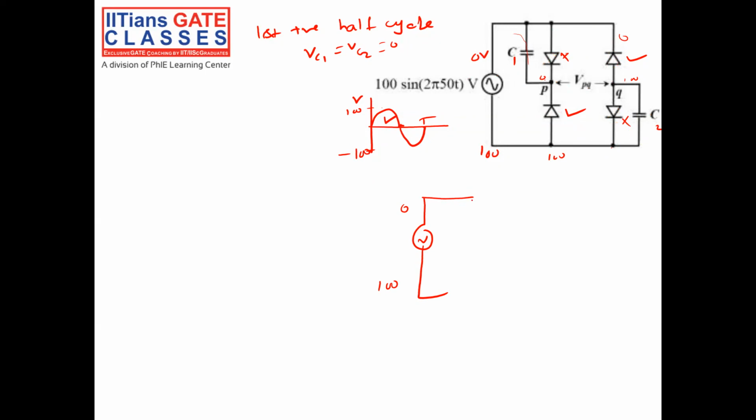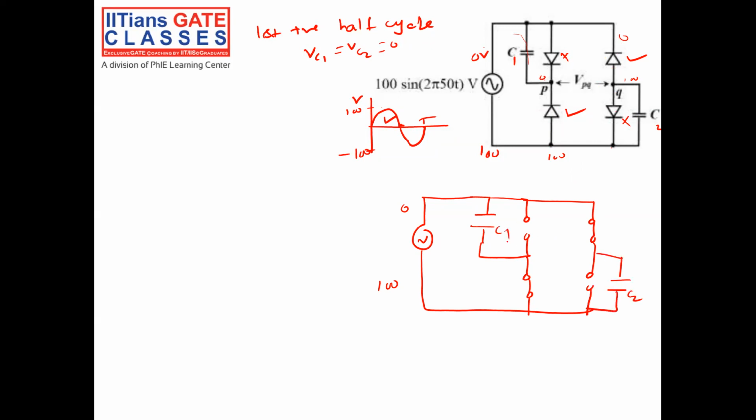Okay, so I have a capacitor. Then this is off. 0 volt is connected to the anode, 100 volt is connected to the cathode, so this and this are off. Now I have a diode. Since this is on, I can short circuit it. When it is on, it should be short circuited. Similarly, in the other circuit, it should be short because it is forward bias. Then below is open, and this is my capacitor.